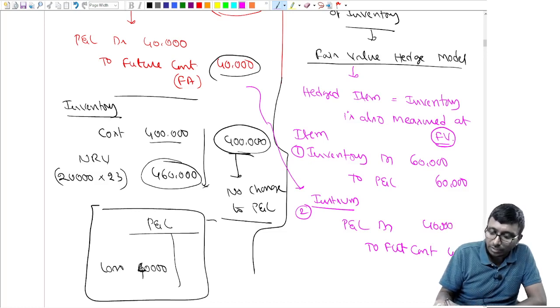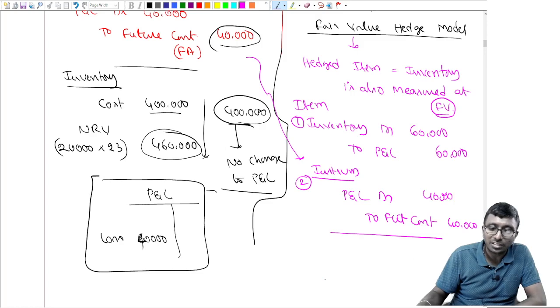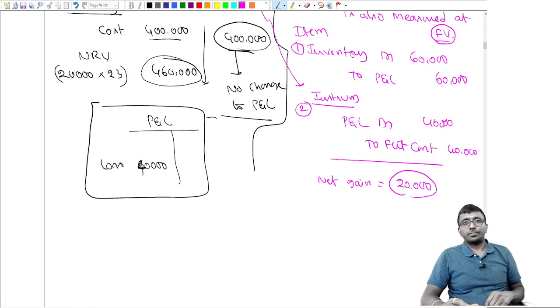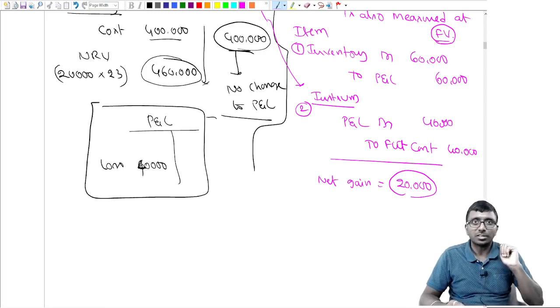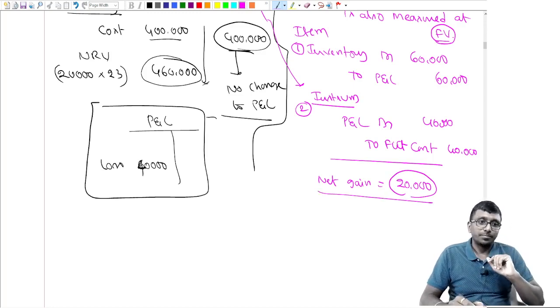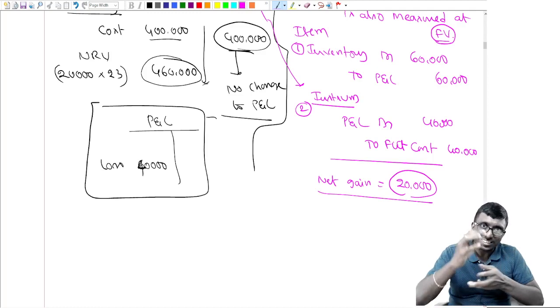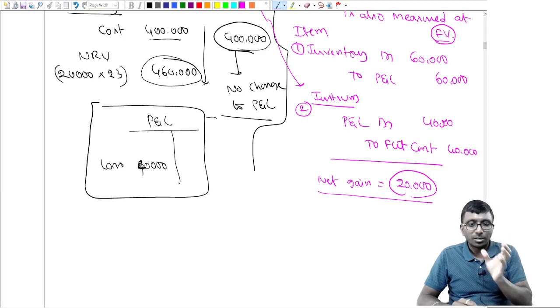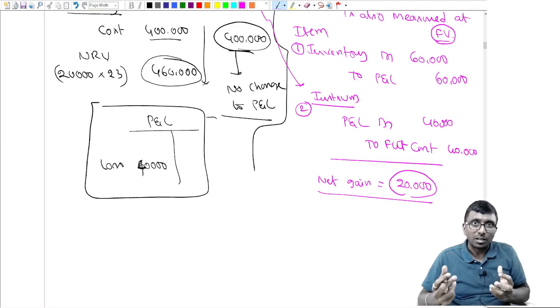Correct. So exactly what am I getting here? Am I getting a gain? So what is your net gain from this? The net gain from the inventory has actually come to 20,000. Is it the real position for the company or not? Real position. So this real position is our risk, because of our risk management activity. Now the real position has come to 20,000, and by way of our hedge accounting,